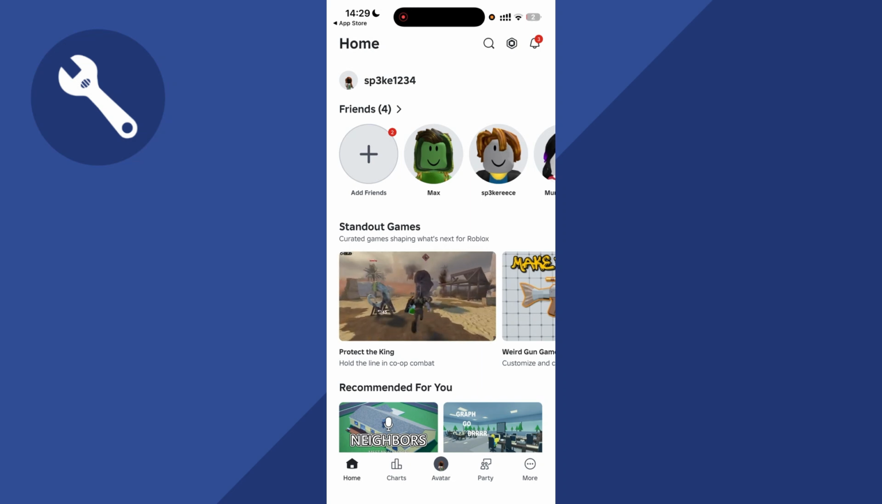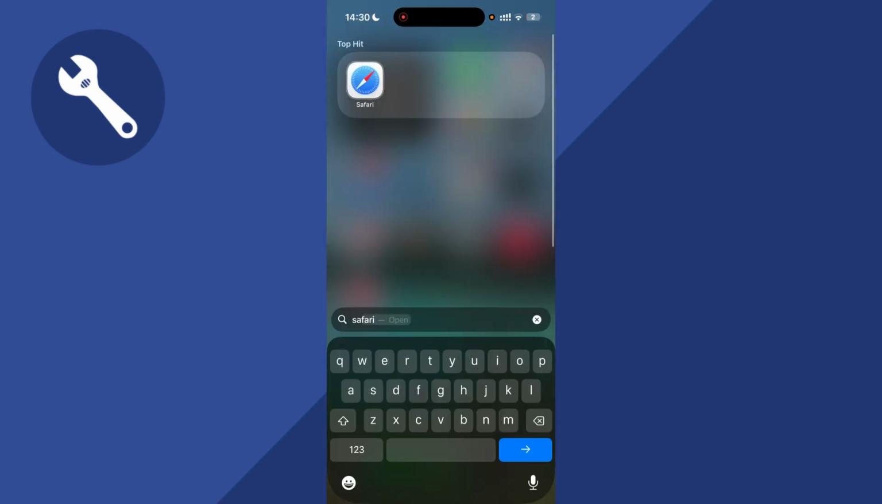How to get a Game Pass link in Roblox mobile. So this can be really useful if you want to share a direct link to in-game items or Game Passes. Now to do this, we're going to close out of the Roblox app and we're just going to load up